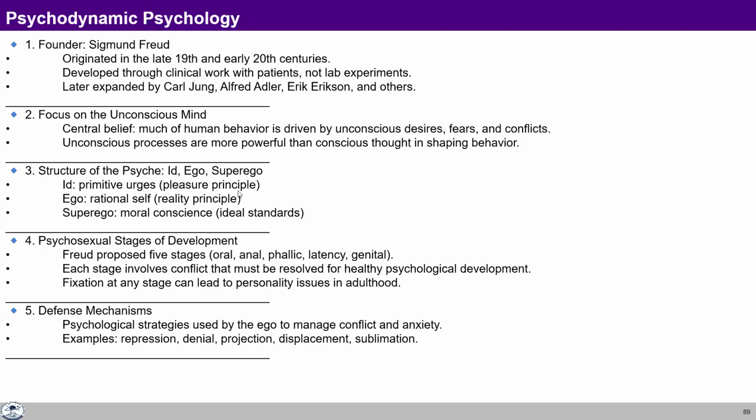So let's say I appeared in an examination and I could not succeed. So I repress it. Okay, let it be. I just try to remove my attention from there. Denial: I say, oh, this exam was not meant for me. I have not failed, this examination is failed. It is not my failure, it is the failure of something else. Projection: even if I have failed, I try to project that I have succeeded due to some reason.